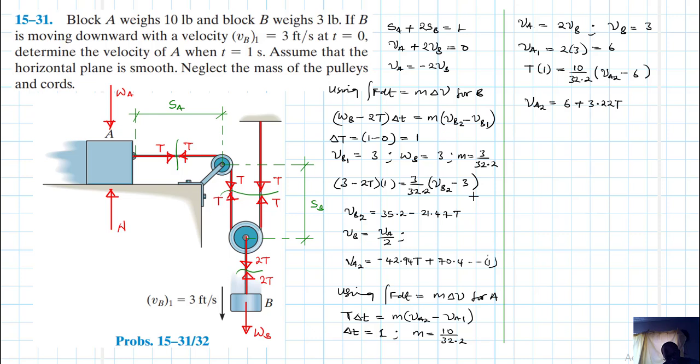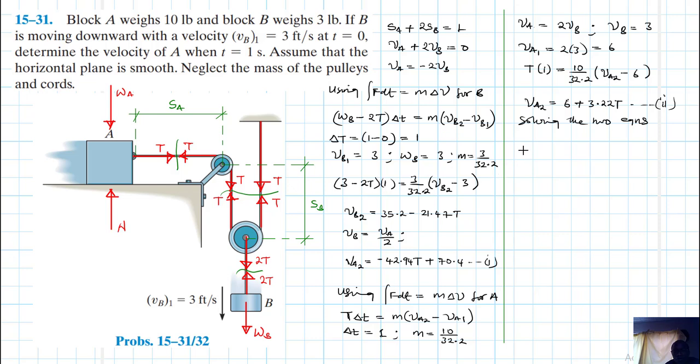Yeah, because we have 32.2 divided by 10, and then later on we throw the 6 to the other side, so we have two equations. Solving the two equations,